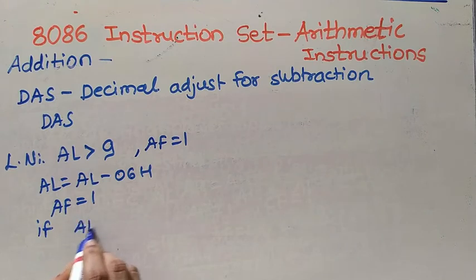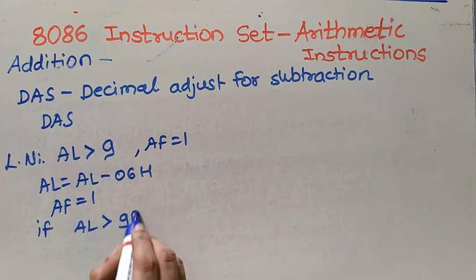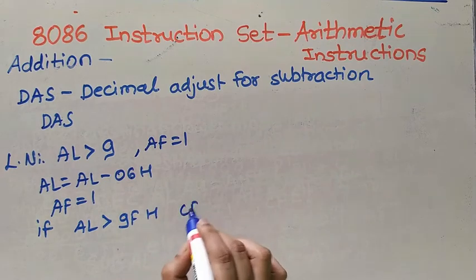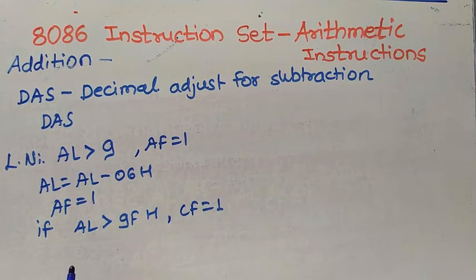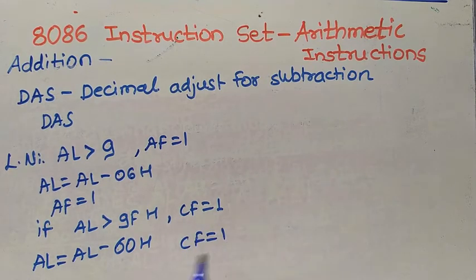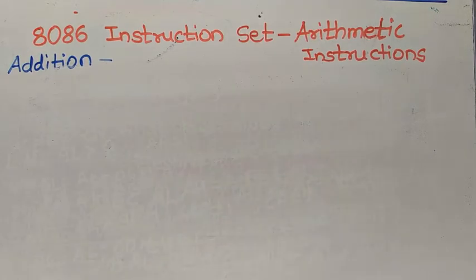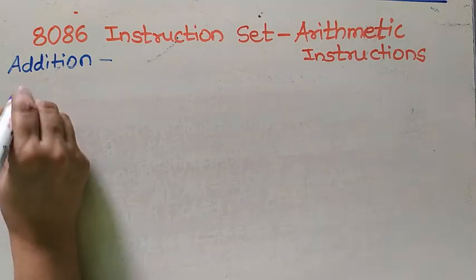And if AL is greater than 9FH or carry flag is equal to 1, then from AL 60H is subtracted, instead of 06, and the result is stored back into AL and carry flag will be set to 1. So this is the DAS instruction, that is decimal adjust for subtraction, like our addition instruction. Next is NEG, that is